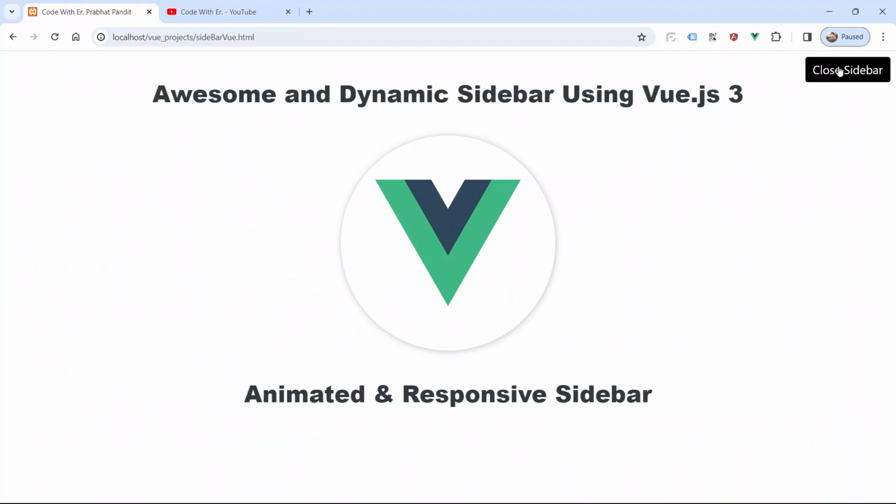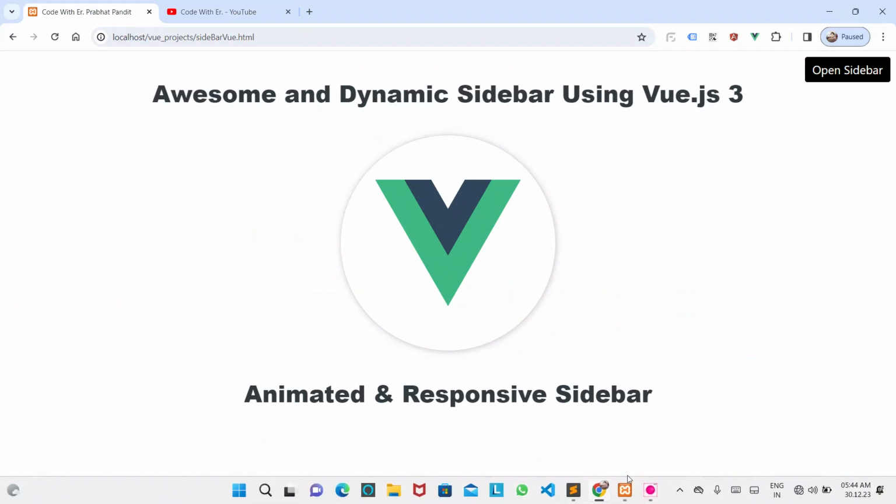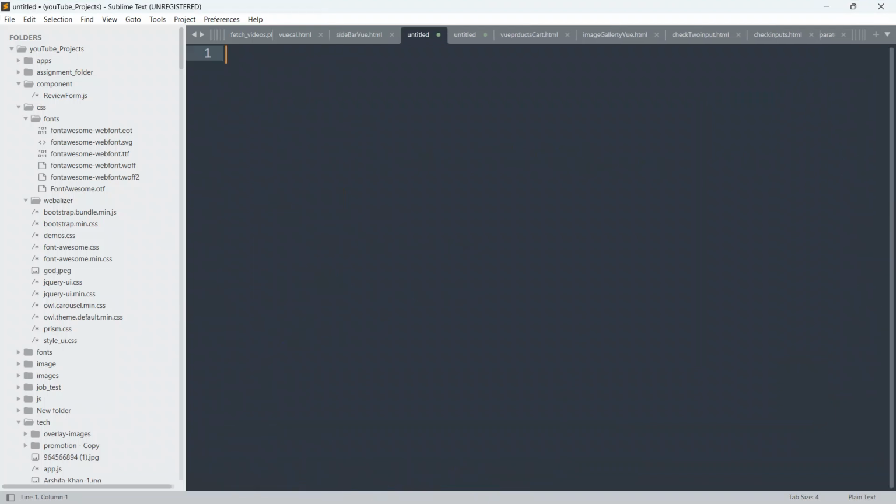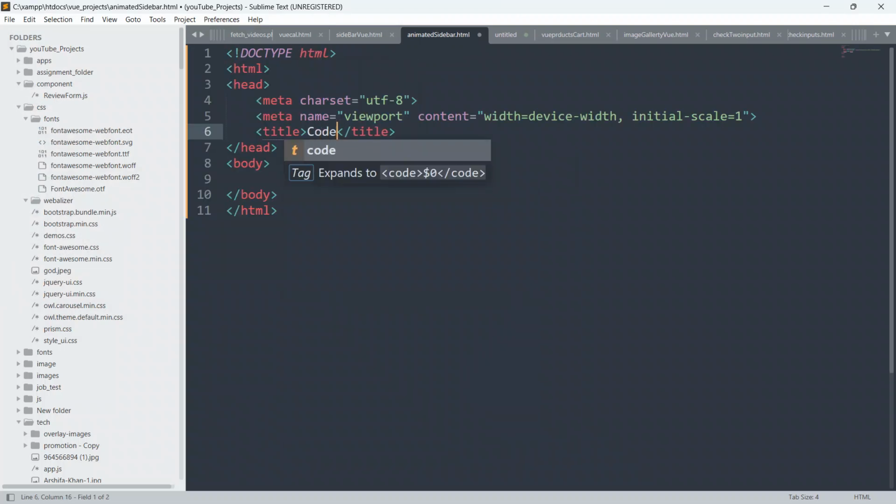Okay, so guys, now let's go to the code. So I'm gonna create a new page first. So I'll say here animated sidebar dot html. Okay, so save the page now. So just create HTML first. So I'll give here Code with ER